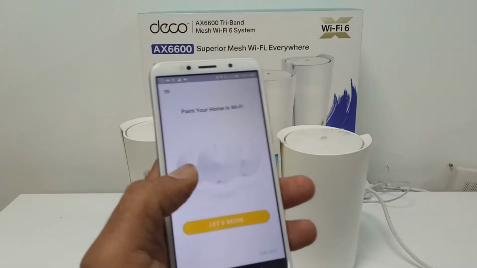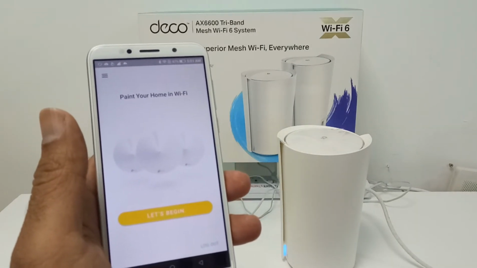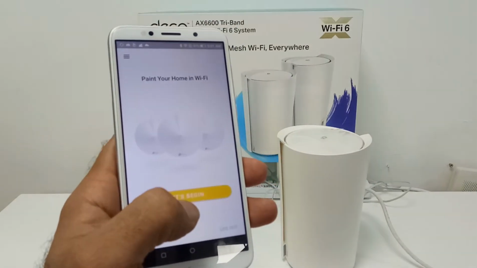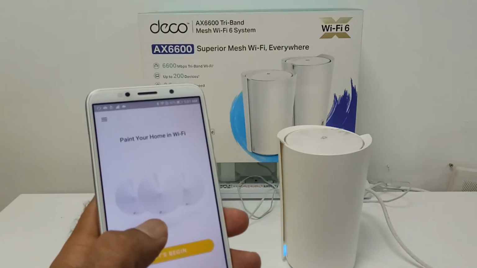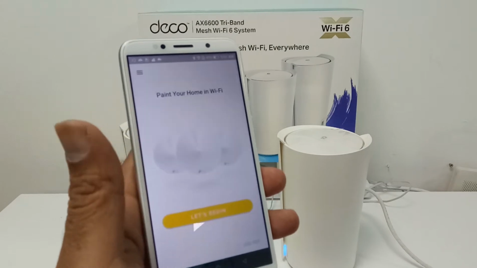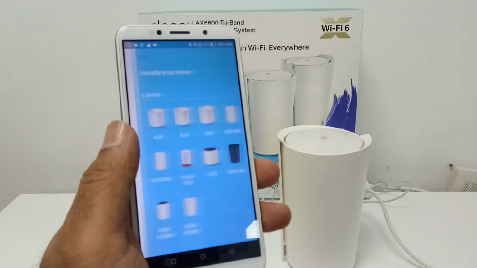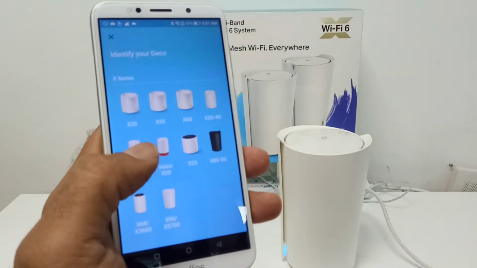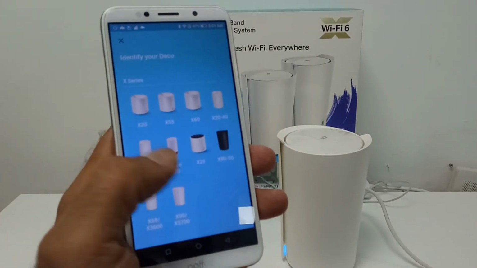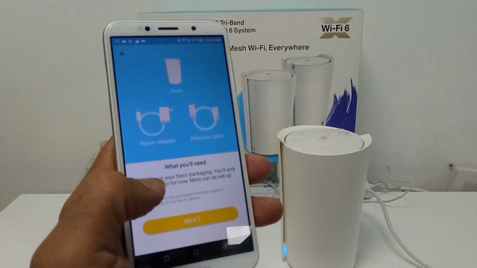You can see the first page of the Deco application will be like this. Let's begin. Make sure that before you do the configuration, you turn on your location and Bluetooth on your mobile phone, and then press Let's Begin. After that, you can see many models are available, so you select which model you have. We have the X90 and we can select it.